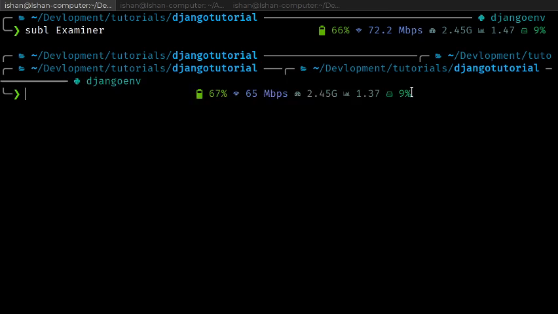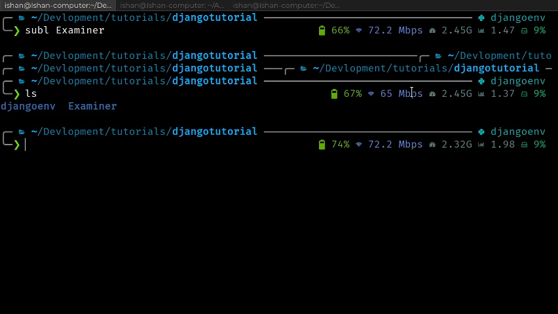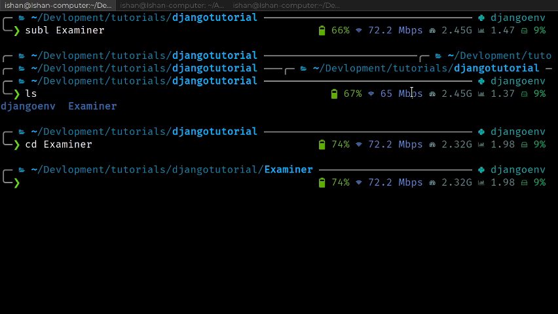Now, we go and run python manage.py startapp. And when you hit python manage.py startapp, an app will be created. First of all, let me ls and let me cd inside the examiner. That is our project, and I said you should have an app inside the project. We clear up the terminal,